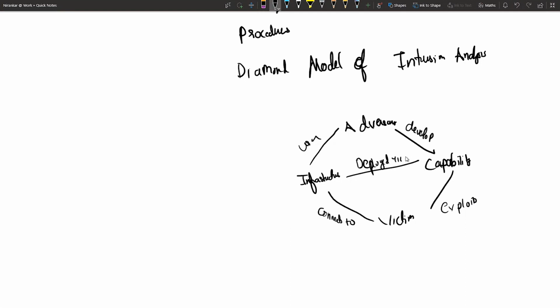If I talk about the adversary, an opponent who is behind the attack is the adversary. Victim is the target that has been exploited or where the attack was performed. Capability is the attack strategies or how the attack was performed. Infrastructure is what the adversary used to reach the victim. So this whole is who, where, how, what. This is the main thing.